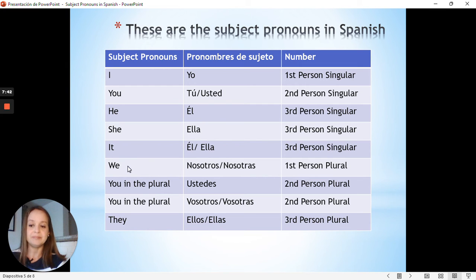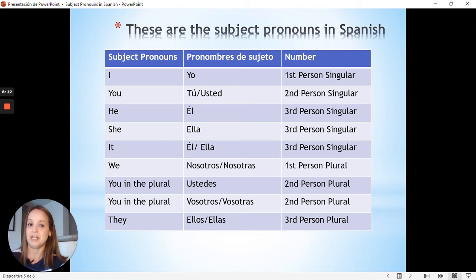Then we have we. We is going to be the first person in the plural. This particular subject pronoun in Spanish follows gender and number agreement too. So it is going to be nosotros for masculine and nosotras for feminine. And also when we have boys and girls together on the subject, we are going to use the masculine form of the subject pronoun because it is